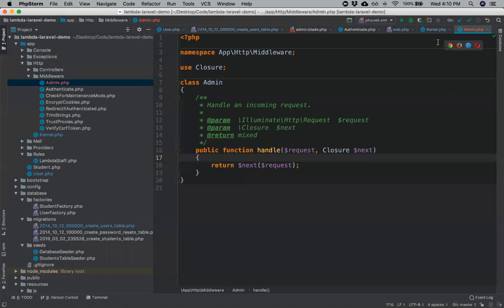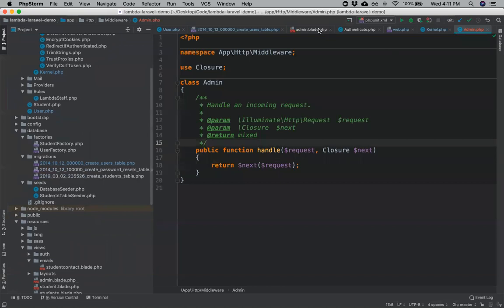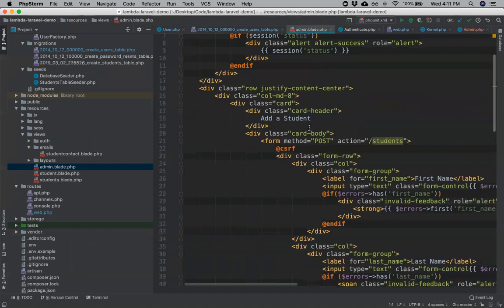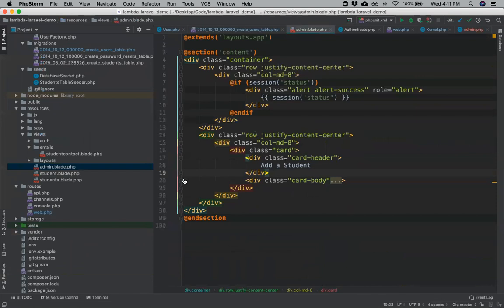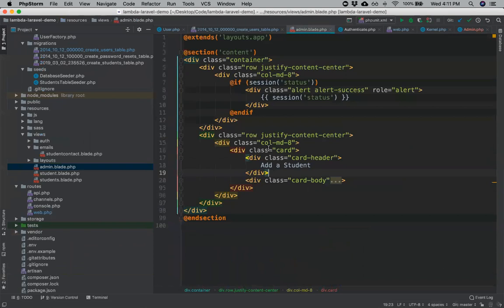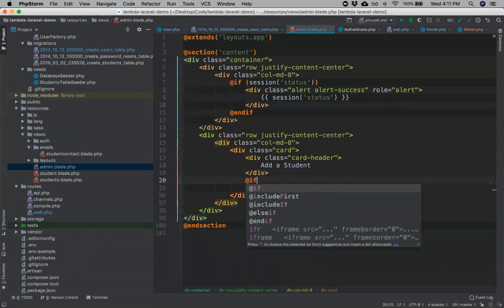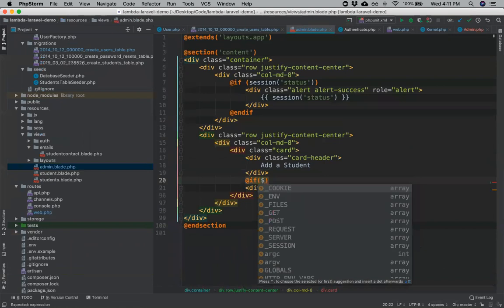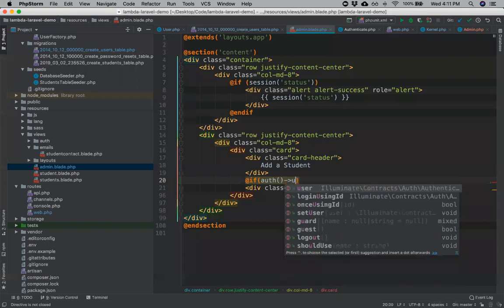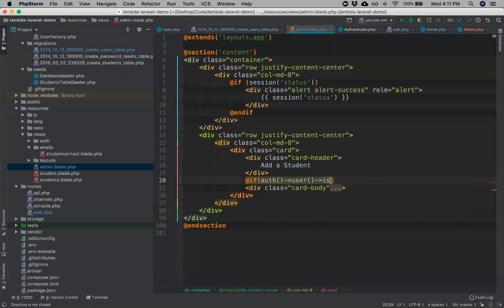But let's not let this part of it stop us here. Let's continue working on the rest of the page here. So instead of admin, we can add our logic in here a little bit more. What we're trying to prevent is our non-admins from seeing this add student page. And so we can go about this in a slightly different way here. So we could say if the user, and I know for sure this will work here, we'll grab the auth, then we'll grab the user, and then we'll grab is admin. So if that's true,